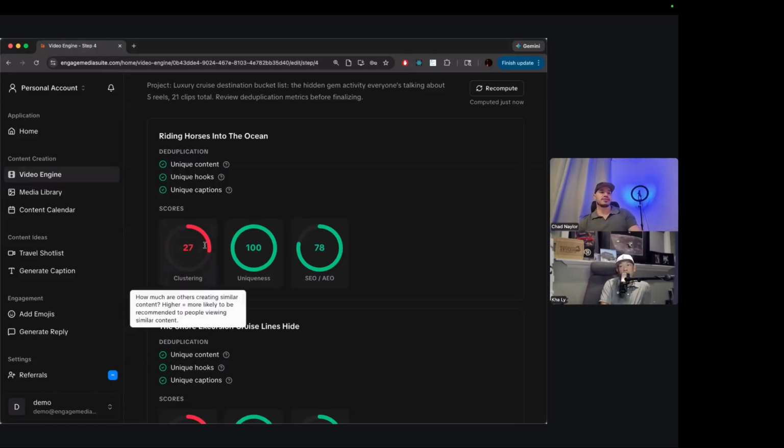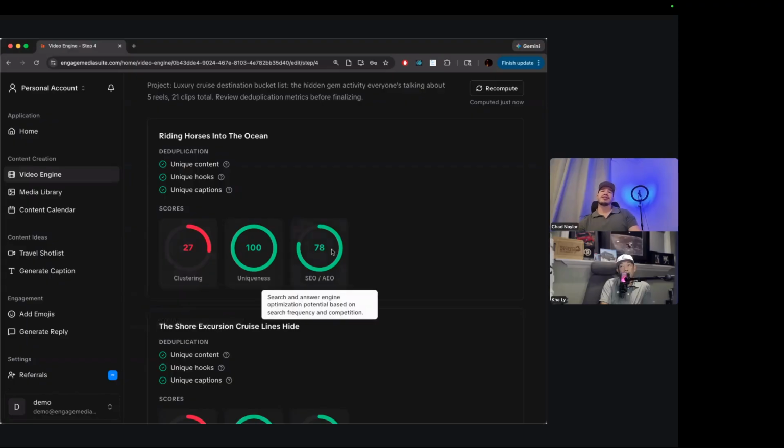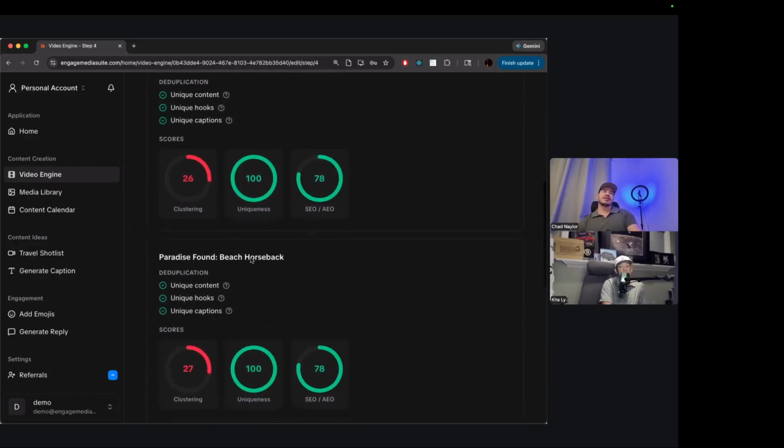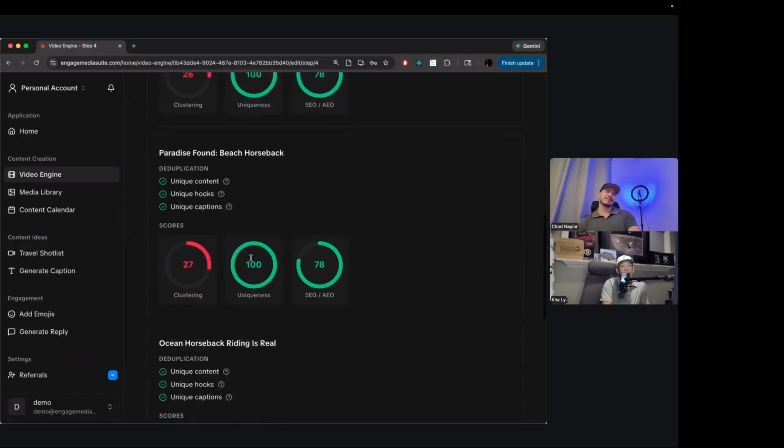Right, so low clustering score, but really high SEO, AEO, because anyone who's searching for this is likely to find it, and you're not likely to have a lot of competition, right? And then in the middle, you've got uniqueness. So how does the content that you're using here compare to other people on the platform? Which, since we're the only one who's used this album, we're completely unique, and we haven't built any other videos